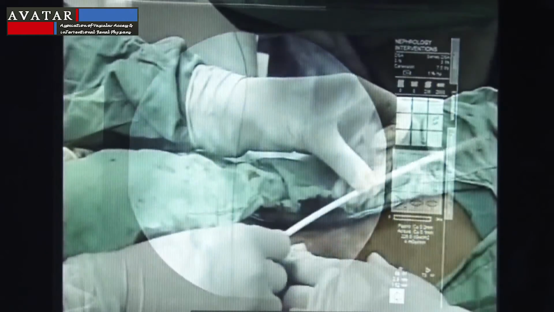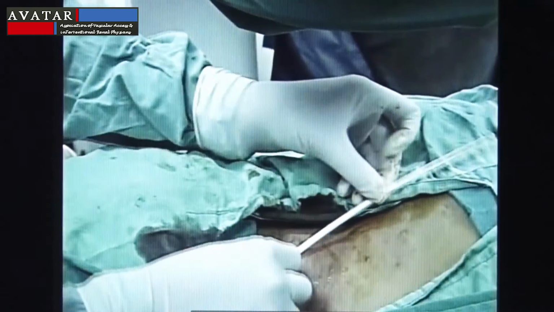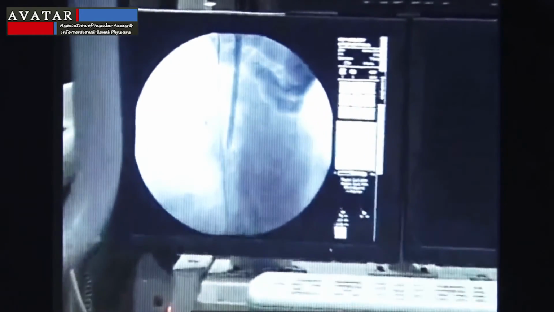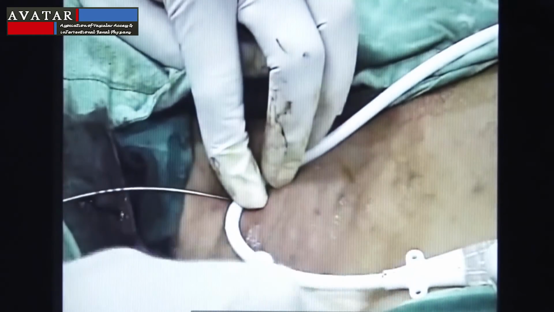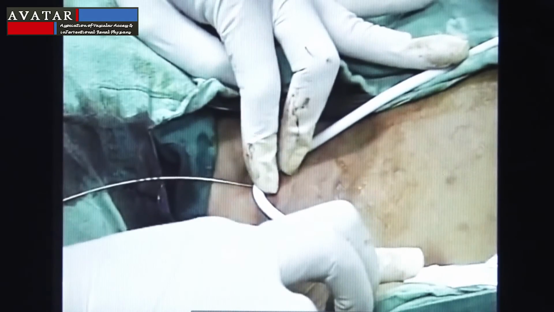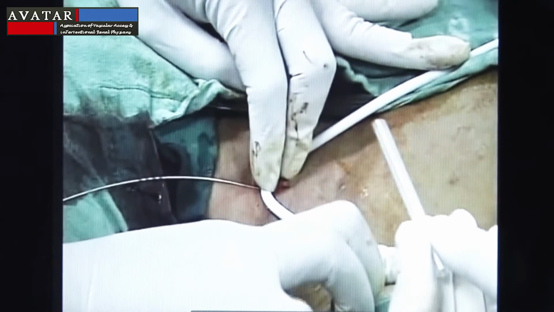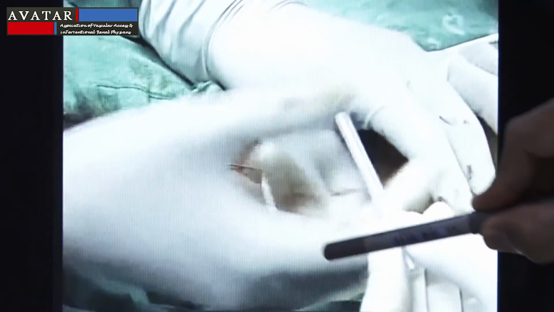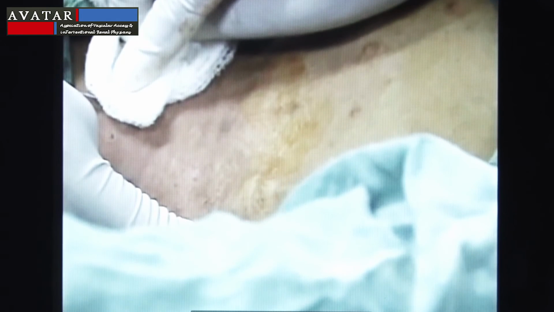the IVC. What we do next is place the catheter on the chest wall and try to measure the exit point. A smooth curve has to be there so that there are no kinks. With the help of the cap of a needle, we just make a mark on the skin surface to be sure where our exit point would be.